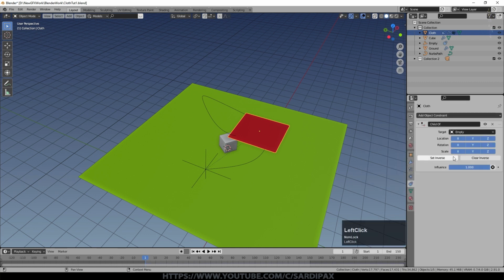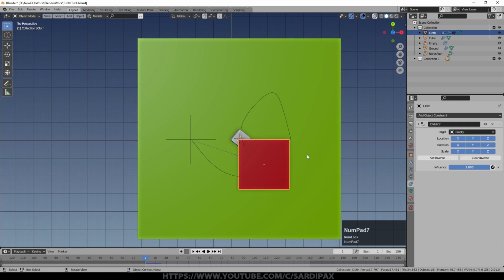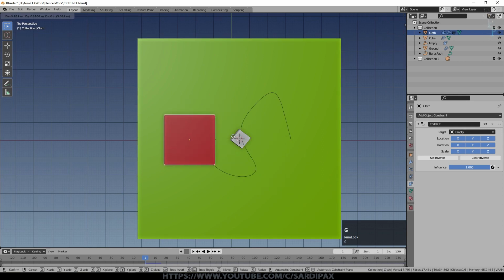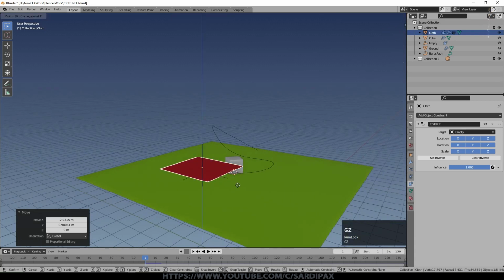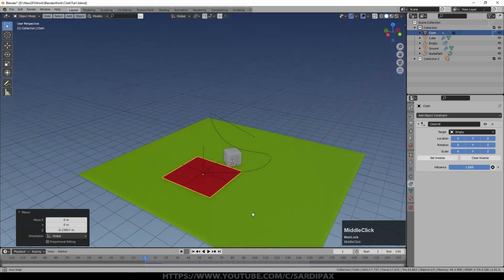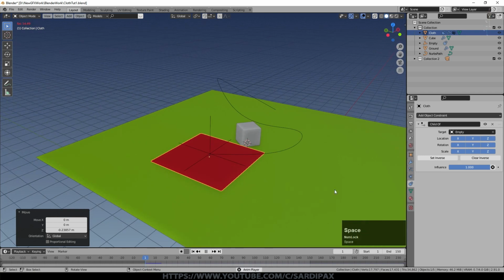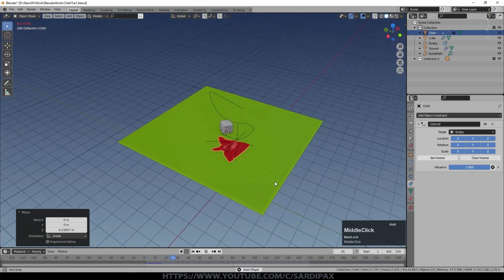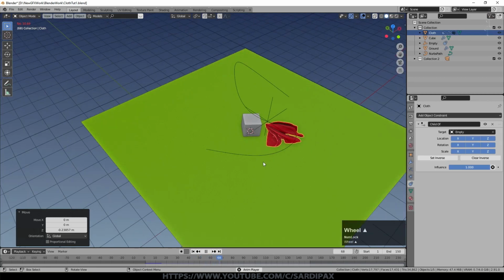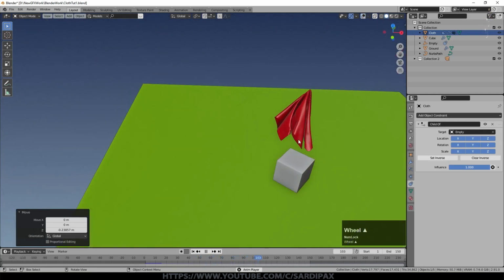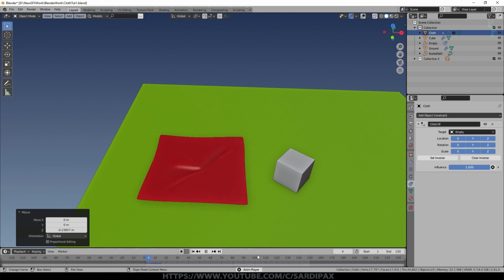And I'm now going to go to constraints on my cloth, add a constraint, and we'll say child of the empty. So you can see we've got a line there now. I'll just move where it starts to somewhere around where the empty is. I'll actually make it a bit lower so we can see the empty. If I press play now, you can see the cloth is just following that empty around as it follows the path, which is great. So you can see that works fine.